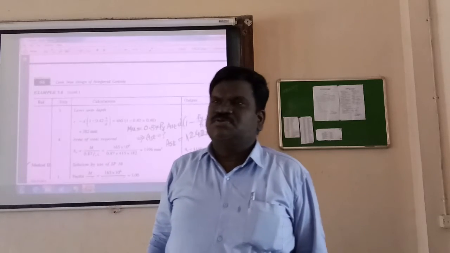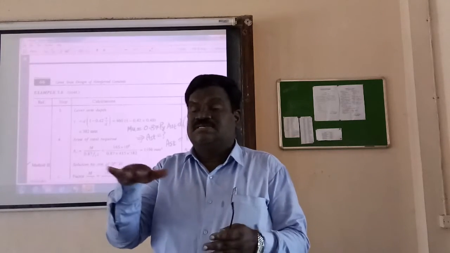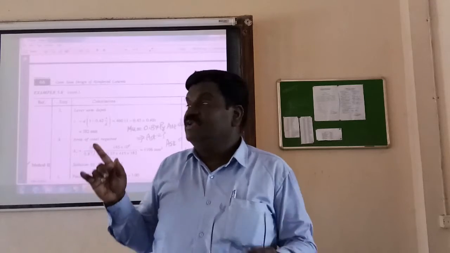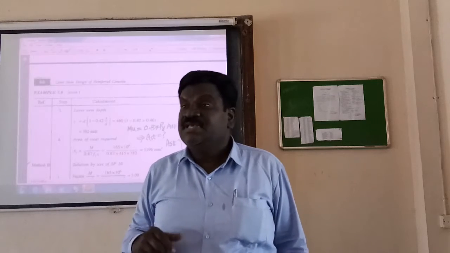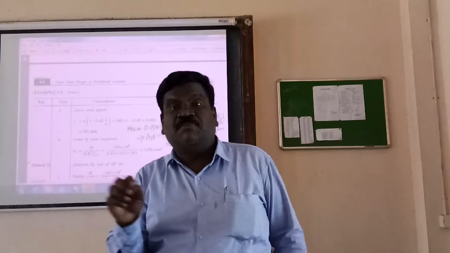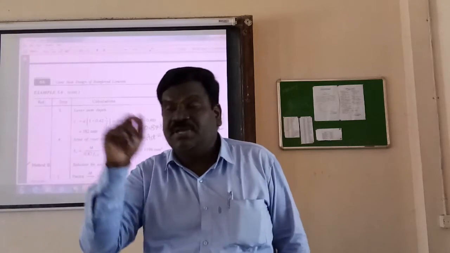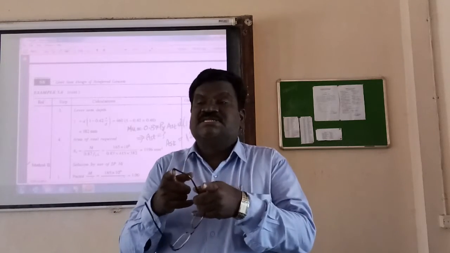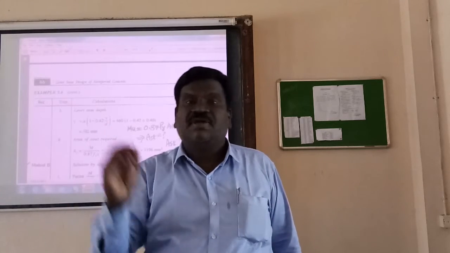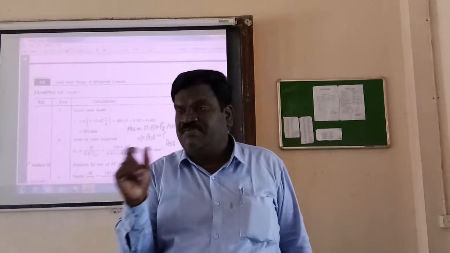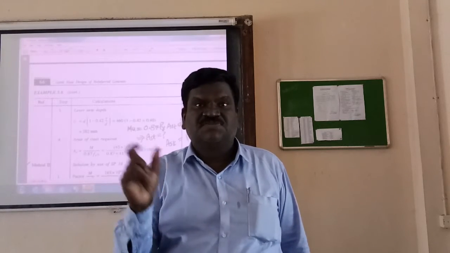You can write, suppose in a layer, 6 number of bars can be provided. The guidelines permit, no problem. But your width of beam is only 250 mm. Is it possible for us to accommodate all these bars in the width available? That also has to be examined. The minimum clear distance between 2 bars should not be less than 20 mm. Between bars you have to provide 20 mm clear spacing.